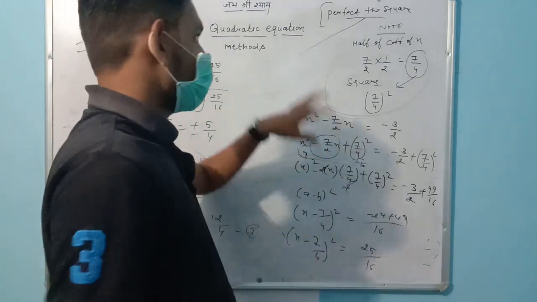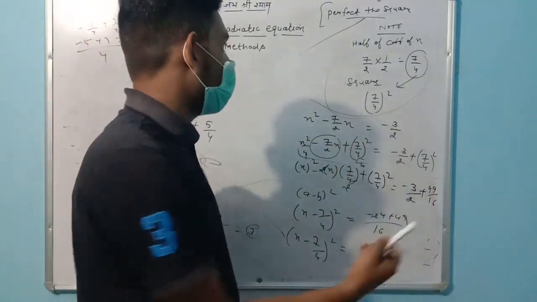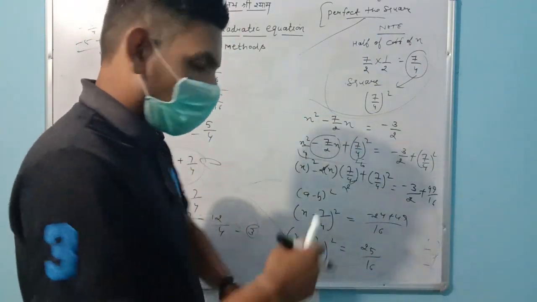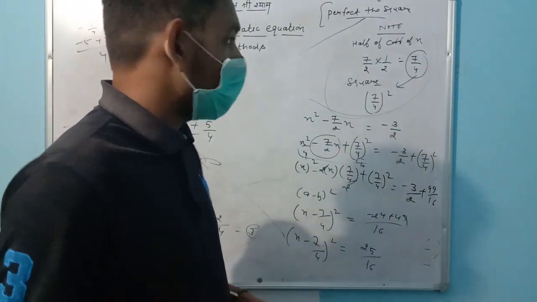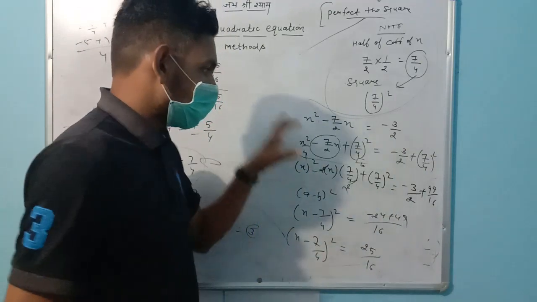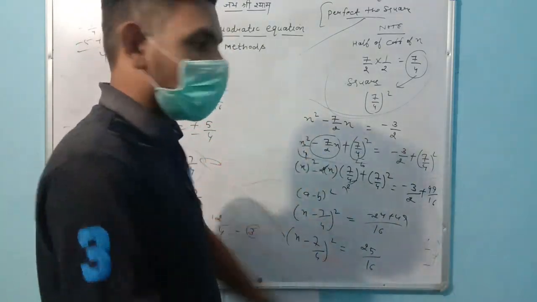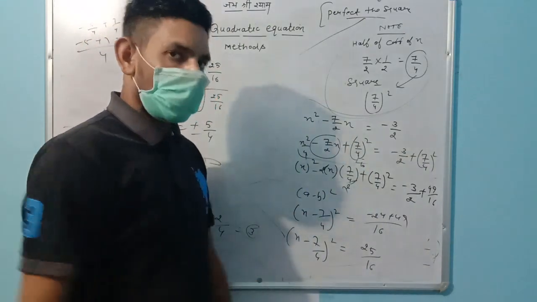Okay, students, in this video we discussed what the perfect square method is, what the Sridharacharya method is, and what steps will be used in these methods. Okay, and it is complete. If you have a problem in either method, then write in the comments and I will explain, no problem. Again, thank you so much, students.